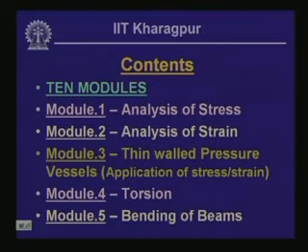In module 1 we expect to complete analysis of stress, and module 1 will have around 6 lessons, including the lesson which we will be discussing today, wherein we will be introducing the concept